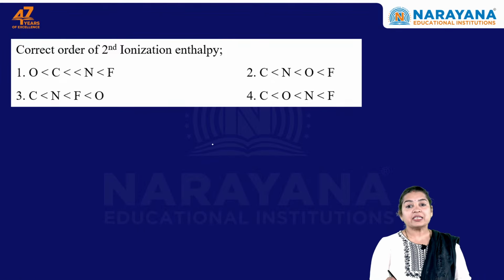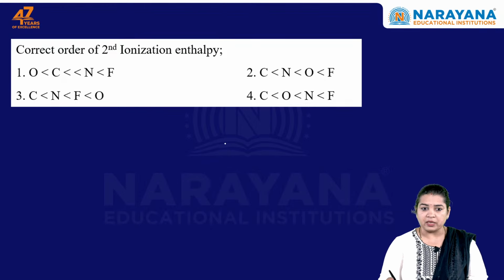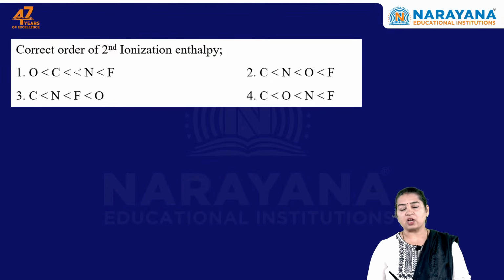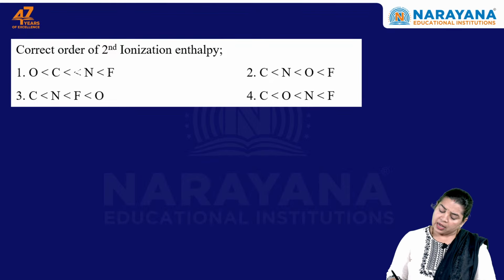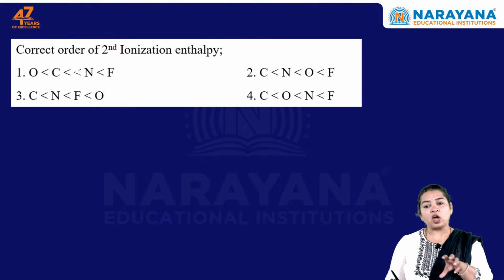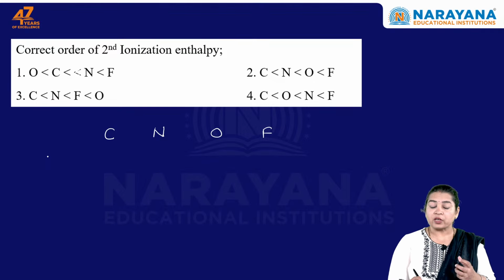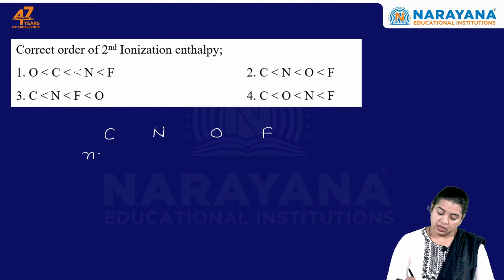The correct order of second ionization enthalpy of 4 different atoms is asked. It is oxygen, carbon, nitrogen and fluorine which are considered in the question. Let us do their electronic configuration: carbon, nitrogen, oxygen, fluorine. So if I write their basic or ground state configuration, this is